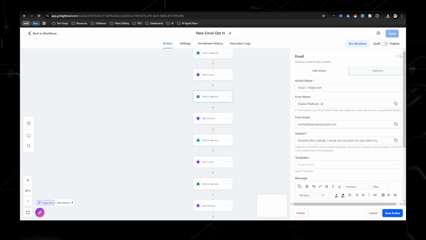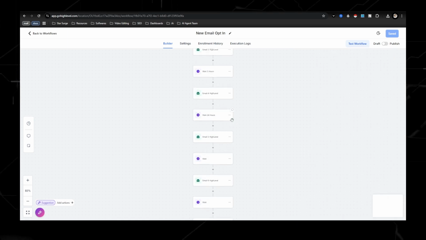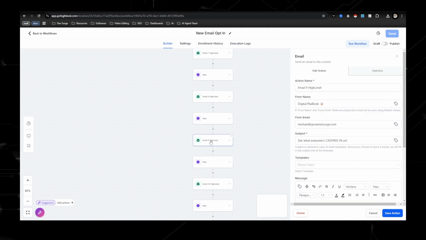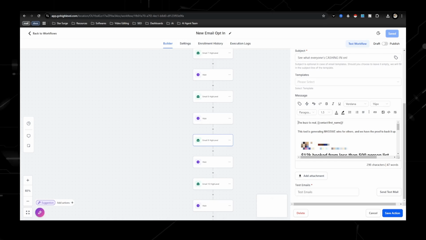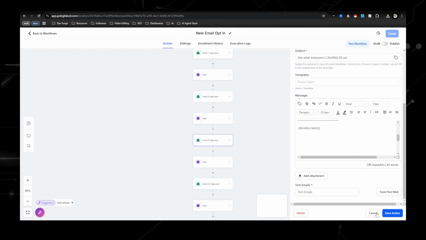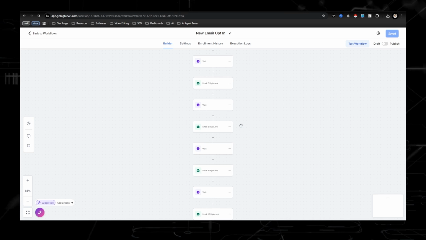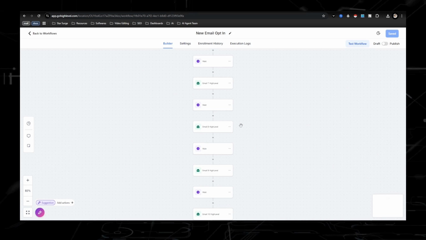Actually, this is a bad email example. Let's go in to one of these. And then all you would do is just copy the text and put it into ChatGPT and tell it to rewrite this to promote a different AI tool or whatever your service is going to be.